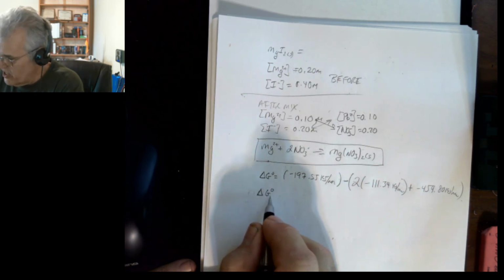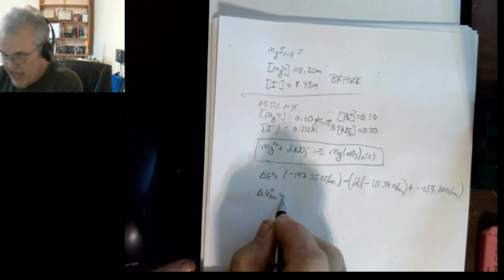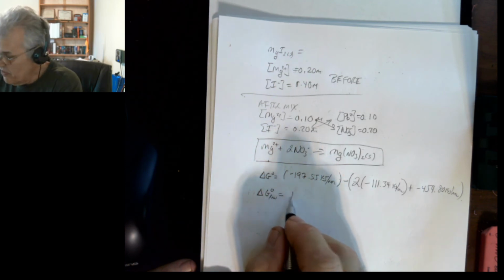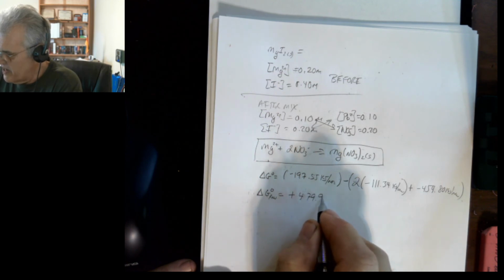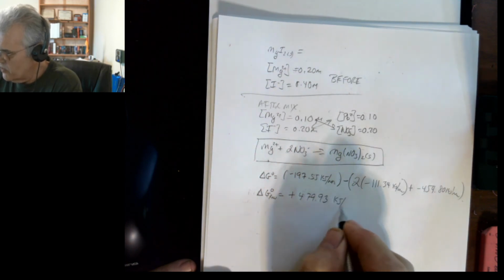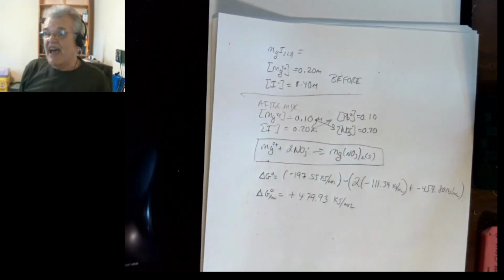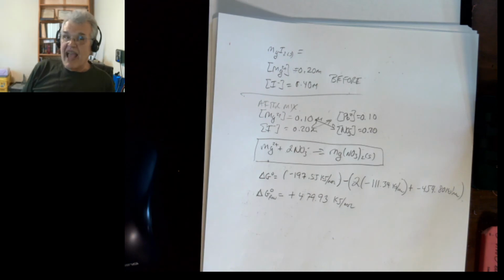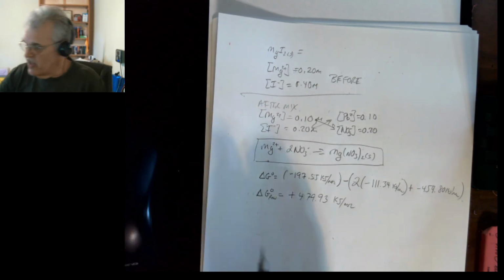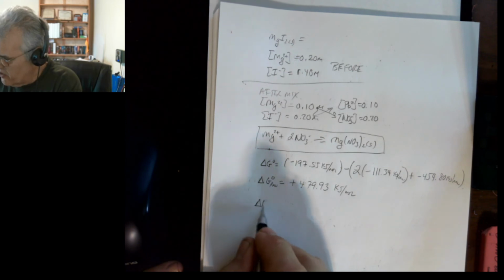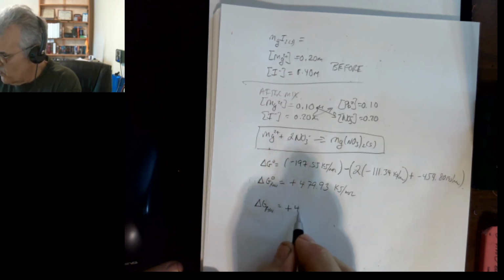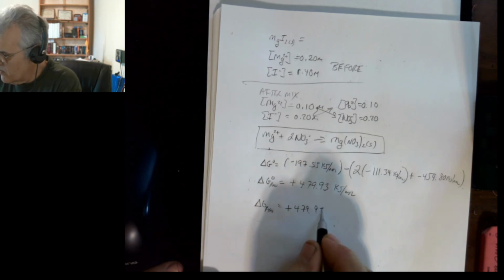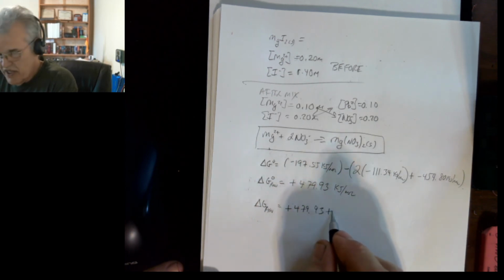And our delta G naught for the reaction we get is plus 479.93 kilojoules per mole. So that's not a spontaneous reaction at standard state conditions. Then we have to figure it out. Our delta G for the reaction is going to be plus 479.93 plus our